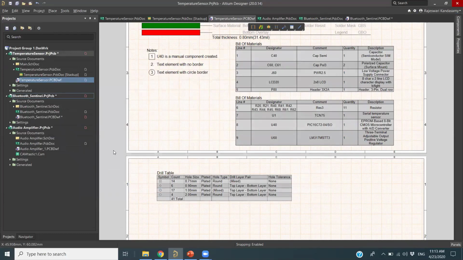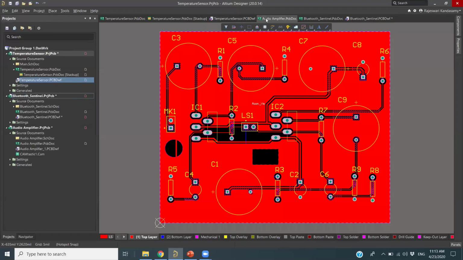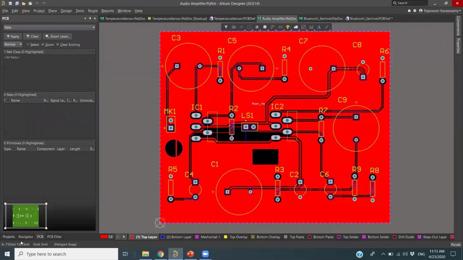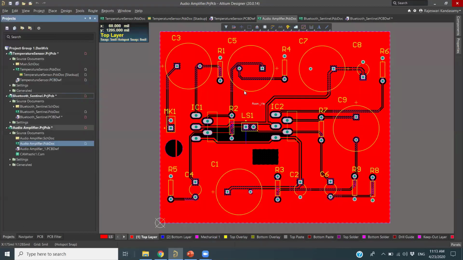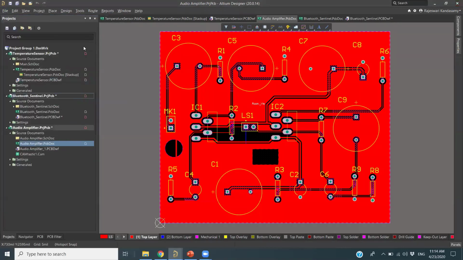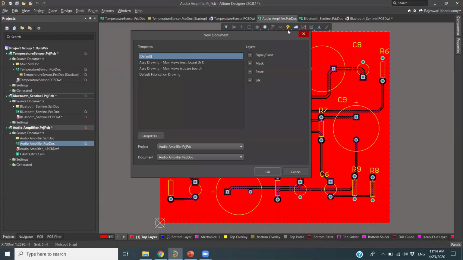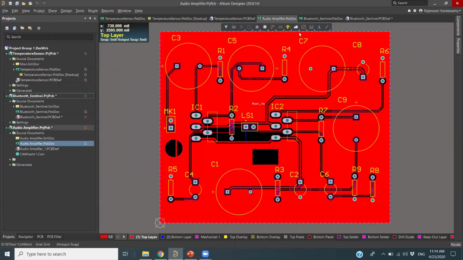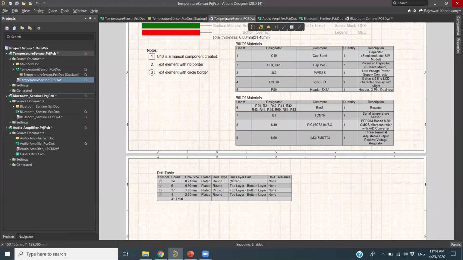Once we have saved it, if I want to open a new project, you can just go to the new project. For example, I go to the audio amplifier project here, and I want to create a draftsman with that template. So I just go to File, New, Draftsman. Oh, I couldn't see it here. Let me check. I saved it in the correct location. Sorry, yeah, I saved it as a draftsman document itself. I should save it as a template. Sorry, I made a mistake.